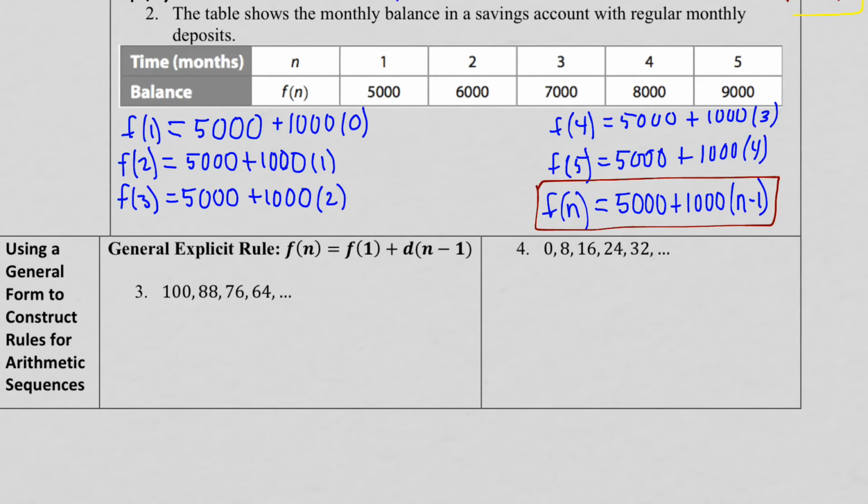how it worked out. You started with 5,000, and then the common difference, the difference that it's going up by, is 1,000. In this one we multiply times 0 because we're not adding anything. In this one we multiply it times 1 because we're only adding it once, and so on, right? And then we came up with the rule that this number is always one smaller than that one. So it's always going to be n minus 1. All right, go to your side